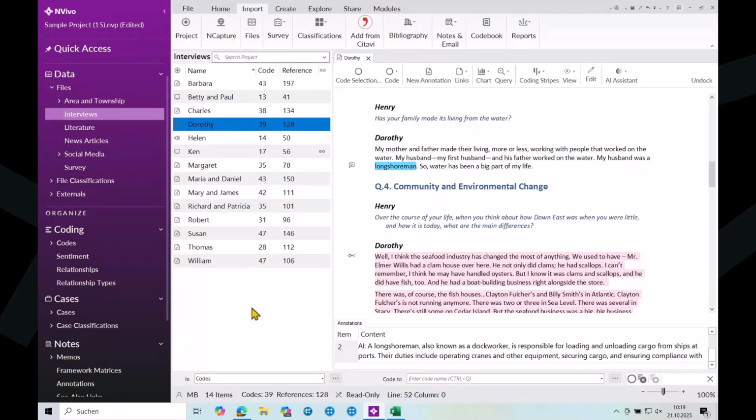And as you can see here, this little link symbol next to Ken means that there has been a memo already added to this document. So you can link memos to specific documents or even codes, so that you have a place where you can write about this specific document or this specific code. In Dorothy's case,